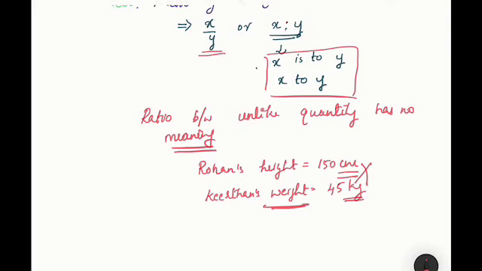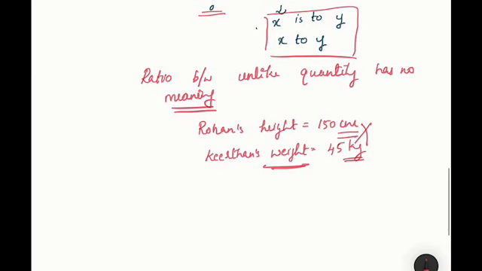Now, both quantities of the same unit means, first, same kind, and the first rule is given in your page number 96 as same kind. Same kind means if length is taken, length should be taken. Height is taken, height should be taken. Weight is taken, weight should be taken. That's the first rule. What is the second rule? The second rule is both the quantities must be in the same unit. Okay, what's the meaning of same unit?